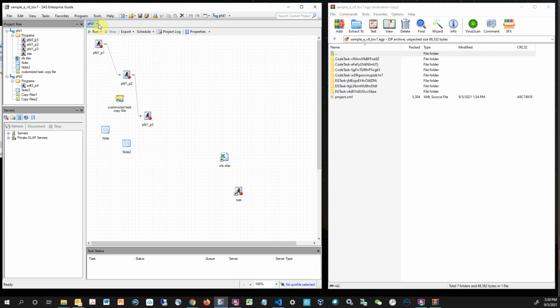I also have another process flow in which I have more programs and nodes and whatever. Okay, so that's what I have here. So I'm going to highlight some of the things. For example, these programs are called a code task. Okay, so this type of